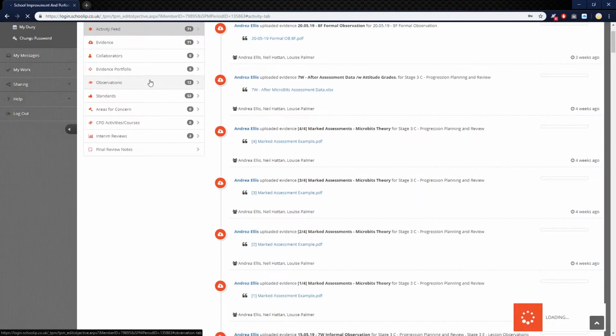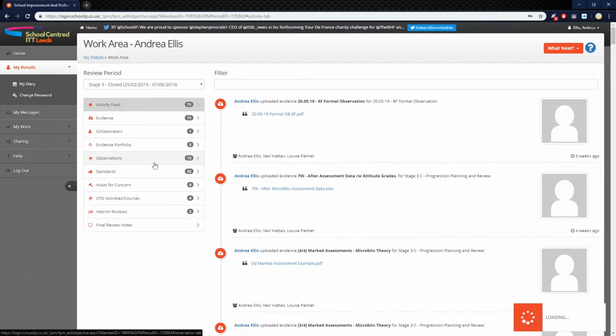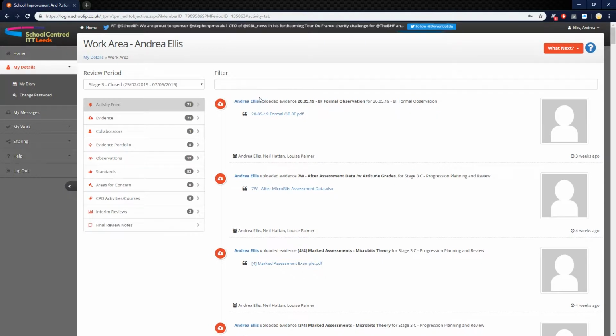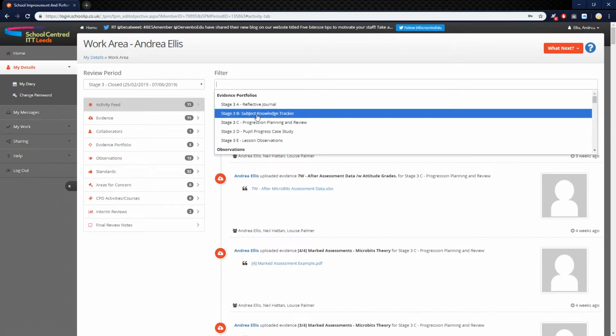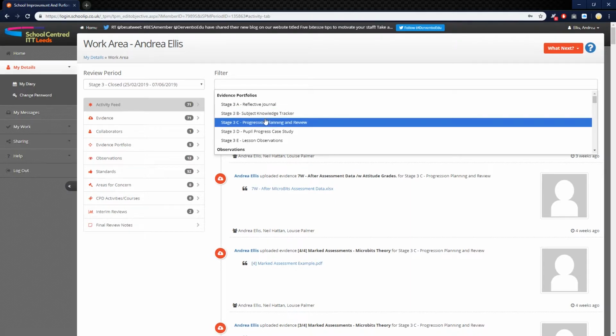A good way to help you find certain things, especially on a link to visit or in your tutorials, if you're asked to find particular evidence to back up a certain target that you received, you may want to use a filter option to help speed the process. If you go onto the work area and onto your page, and you go to the very top where it says filter, it actually allows you to filter out the particular areas that you want to look for